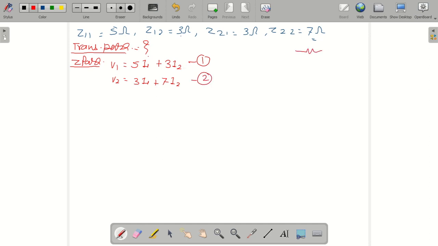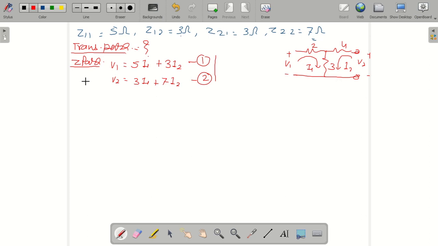If you don't remember, remember that we were given some such equation. This was 3, 2, 4. I had taken I1 in this direction and I2 in this direction. Both currents are incoming, and based on that, if you write the KVL, you will get this equation. V1 equal to what? 2 plus 3, 5 I1, loop 1, plus 3 I2, and loop 2, 4 plus 3, 7 I2, plus 3 I1 equal to V2. So we got the Z parameter equation from here. We wrote KVL.